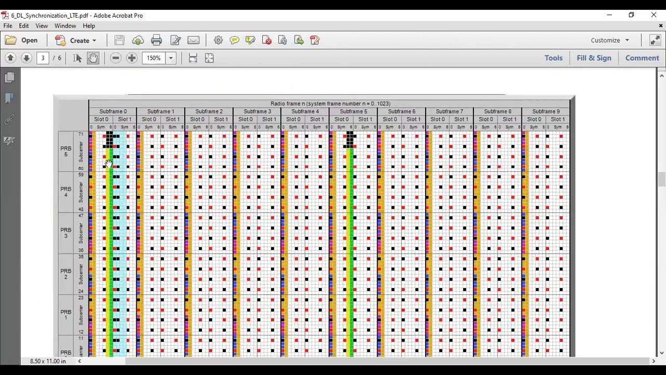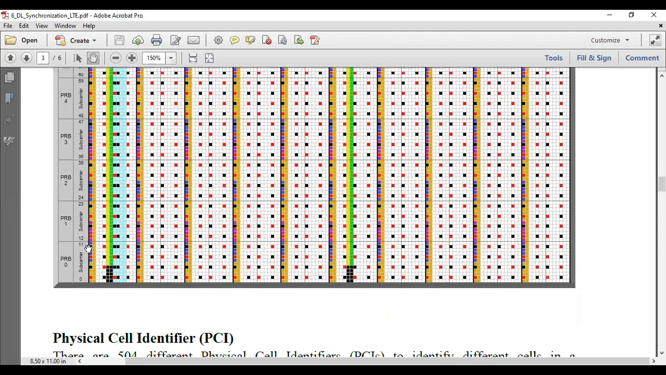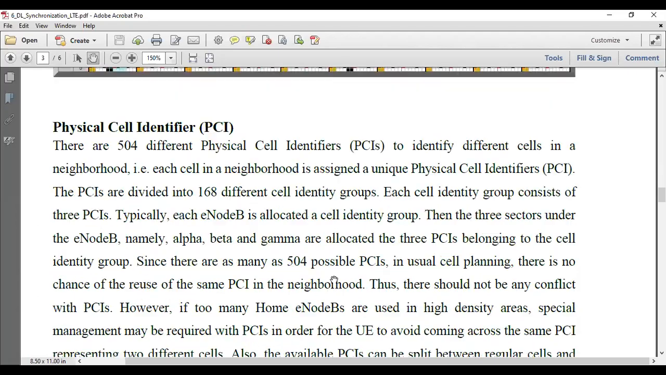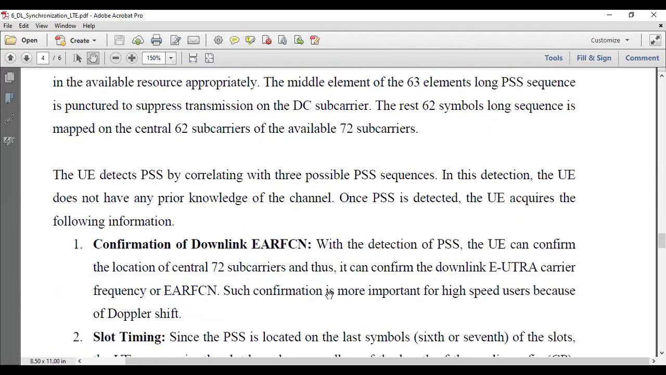S1 is put on the first subframe, and S2 is put on the second. Subframe number 5 or 6. That's how you set them. And there are 168, but